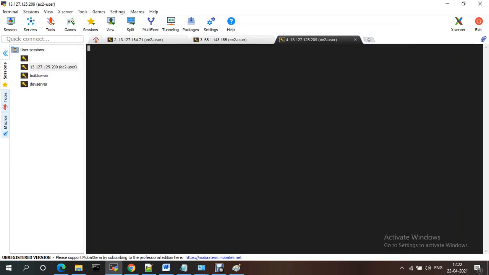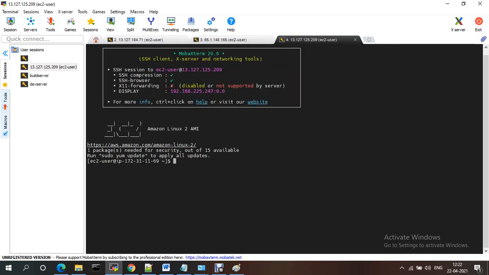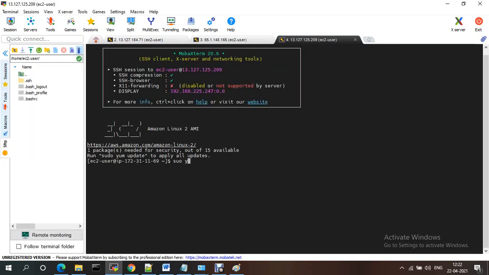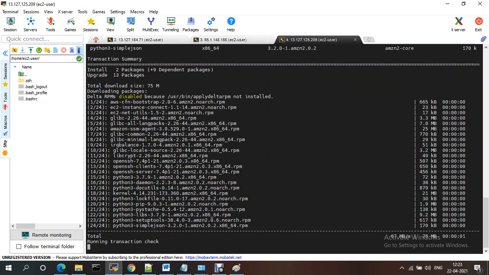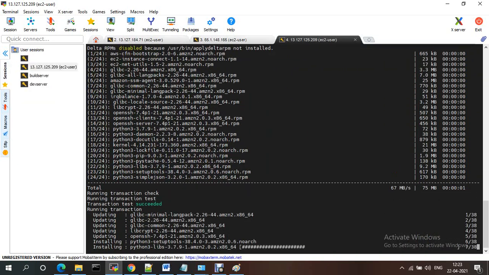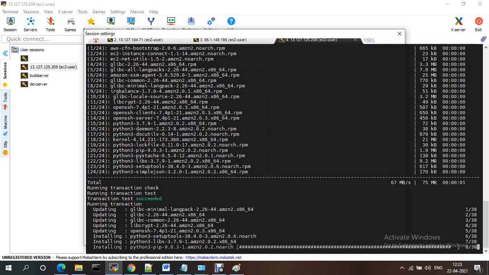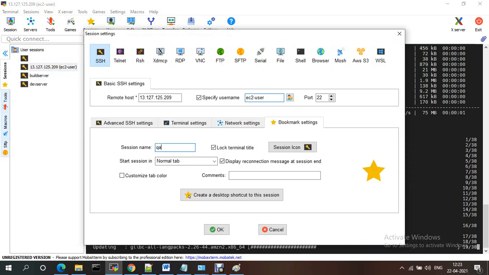Selecting this one, sudo yum update -y. It will download the required plugins, and I'm changing the name also, like QA server.